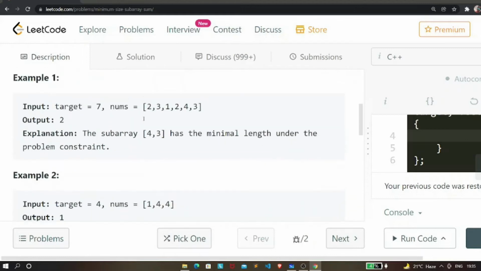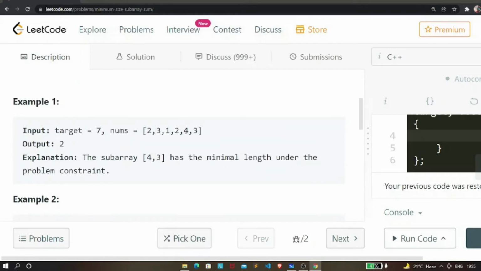So let's take this example. If you consider this example, 4 and 3, if you sum them up, it will result in 7. And the length of this is 2, right? But if you consider other subarrays, you can consider 2 as a subarray.